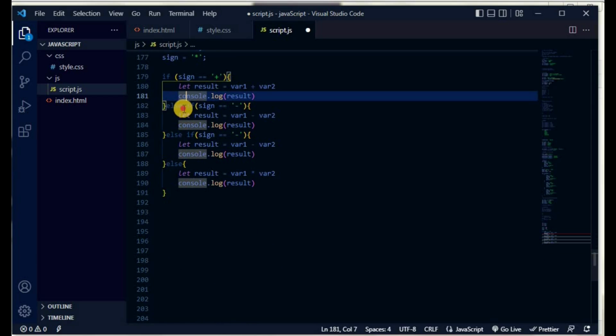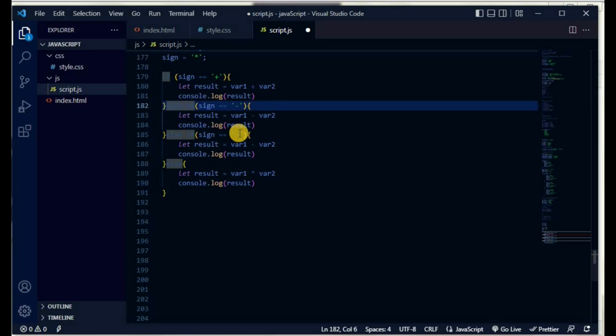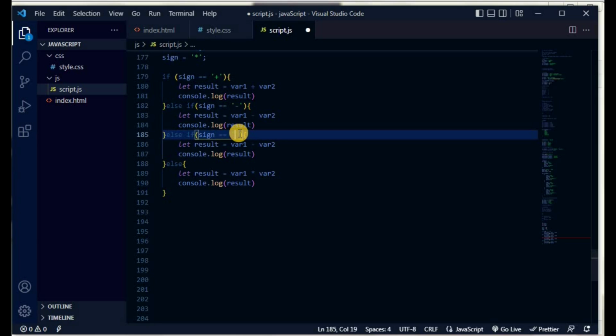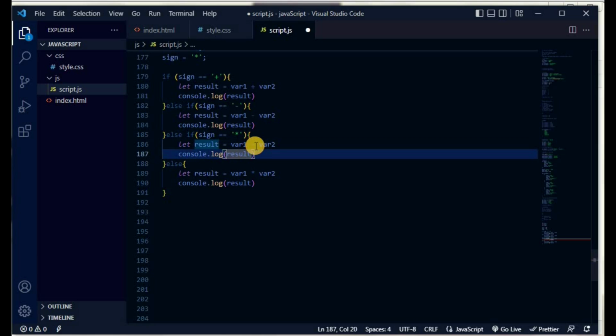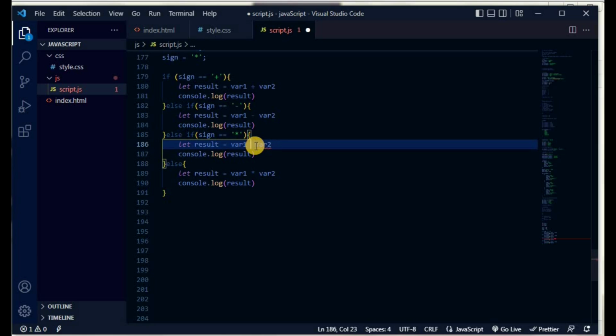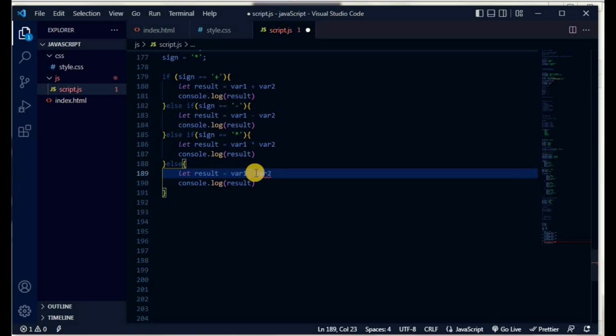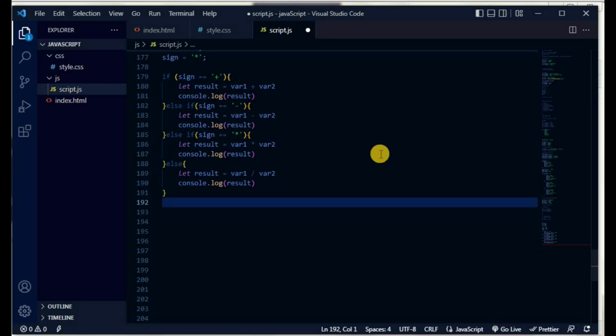So I copied this else if, and let's say we put a multiplication sign here so that this becomes multiplication. So we'll just change this to division, so that in case it's not multiplication,